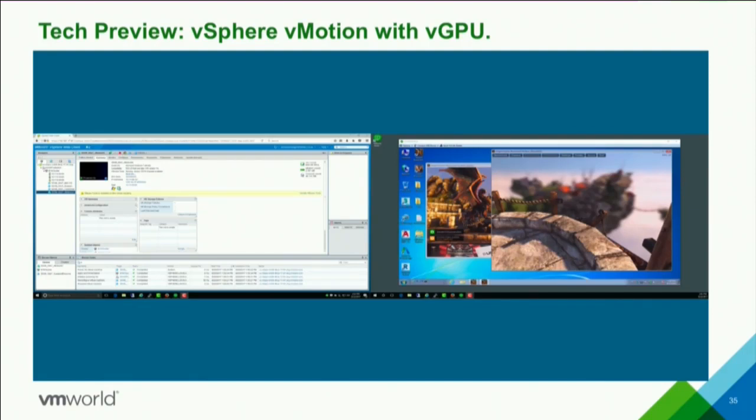But here is a demo of vMotion. This is during the day. You want to make an emergency host maintenance. You want to apply a patch. You want to take down the host. Or you just want to optimize your farm. And you want to move the user from one host to the other. It's a very quick way of doing it using vMotion, where there's hardly any interrupt for the end user. It's just a few seconds, but the user will notice the glitch, but it's going to be very minimal so that it doesn't impact his productivity. Let's take a look at this demo.